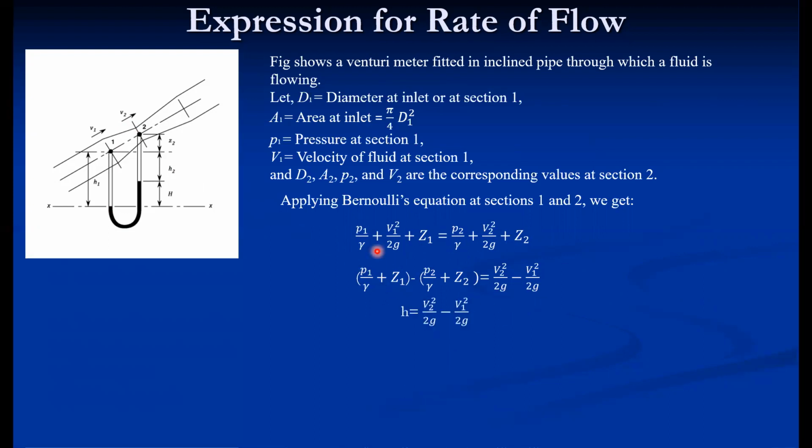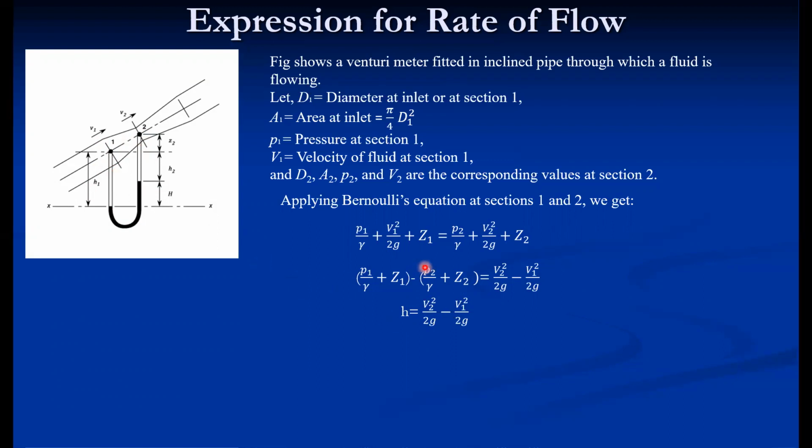Now, in this case, this particular head is nothing but h. So this h here is small h actually. This h is the pressure difference in piezometric head. Now, if the U-tube differential manometer is used to measure at this particular point, it directly gives this value. That is the beauty of the U-tube differential manometer. It directly gives the difference in piezometric level.